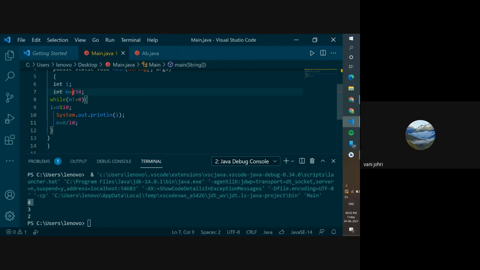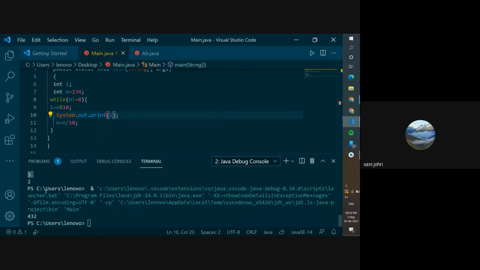For palindrome, what you do, you take the number, you calculate the reverse of the number. So if I don't write this ln, I'm getting the reverse of the number, right? I'm going to run it real quick. Right? You got the reverse of the number. You got 2, 3, 4. The reverse is 4, 3, 2. And you store this somewhere.